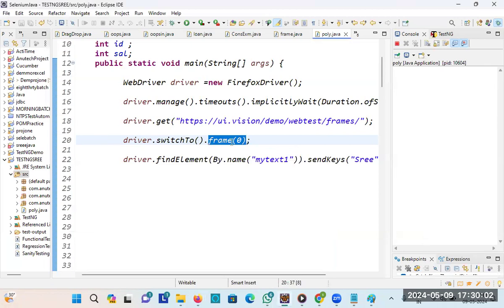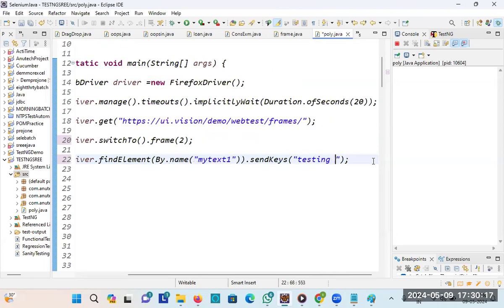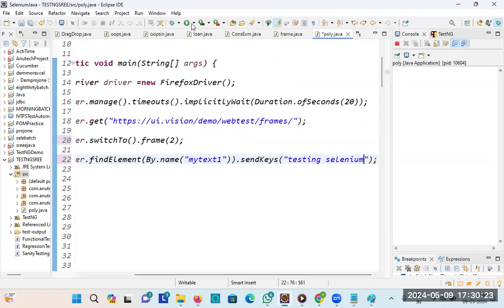Here switch to frame, that is the second index: 0, first, second, right? So now I have to use this second index. Then I have to use test here, testing Selenium. Okay, so now if I execute this,